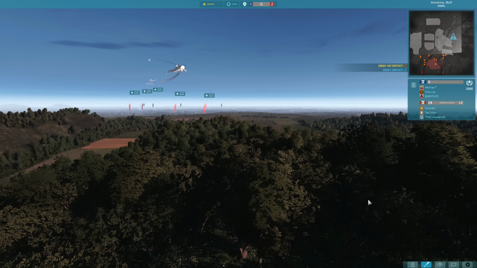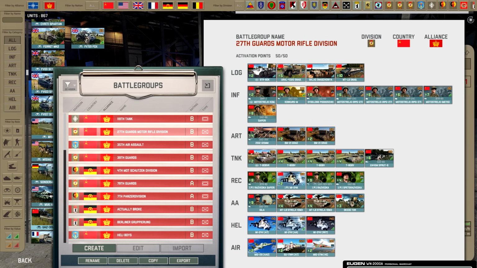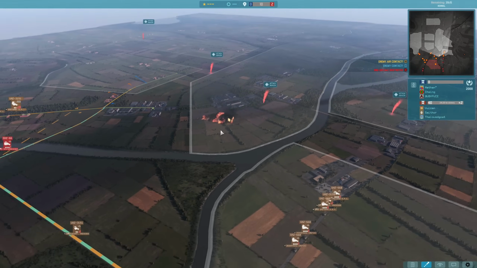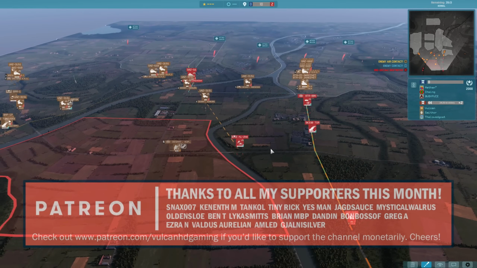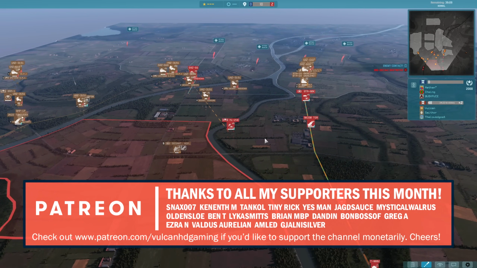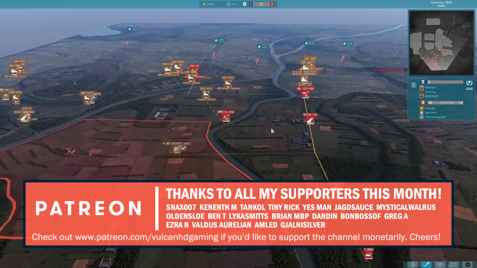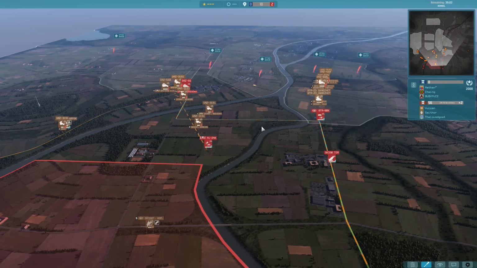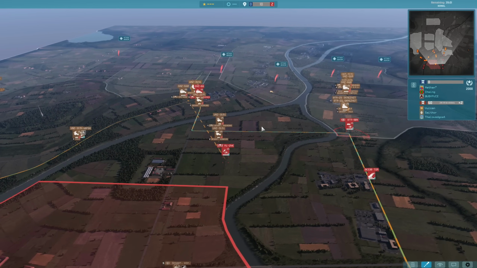In this one I have for you a 3 versus 3 on rocks, and I'm going to be playing with the 27th Guards. As you can see, the game is already underway as a MiG crashes down after an engagement with an Eagle, but I really wanted to show off this game today because it really matches the spectacle of previous games where I've used rockets,